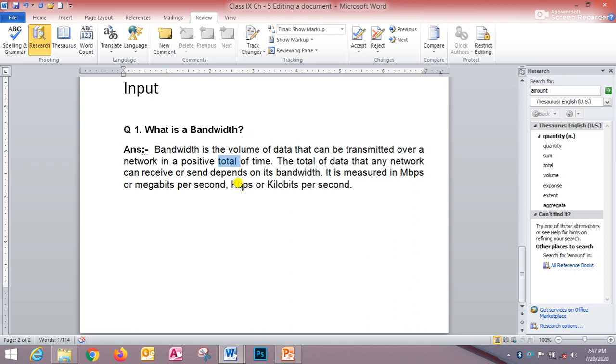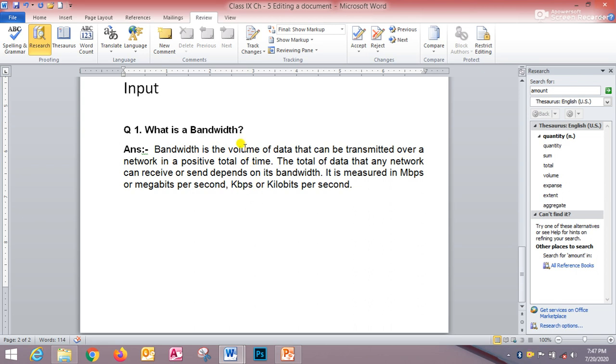So in that way we can apply the thesaurus option. We can apply a new word which is related to the selected word, synonyms or antonyms. Next process, you can also select a synonym by pressing the Alt key and clicking on that word.